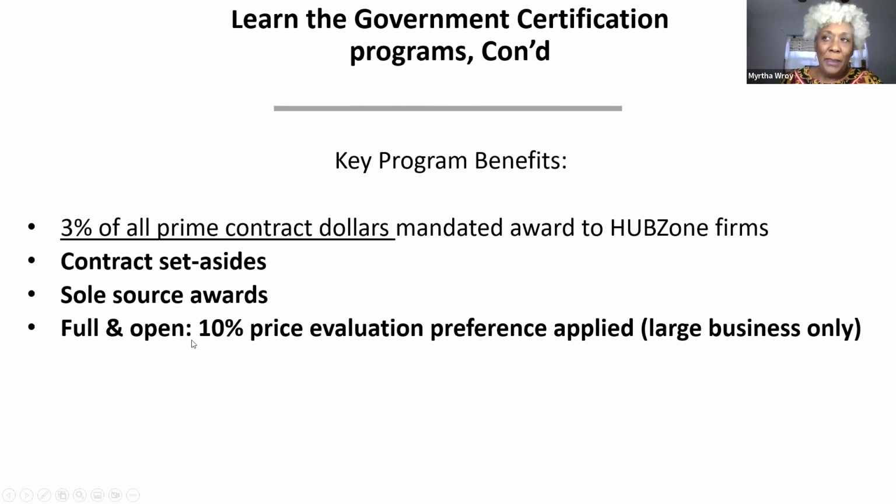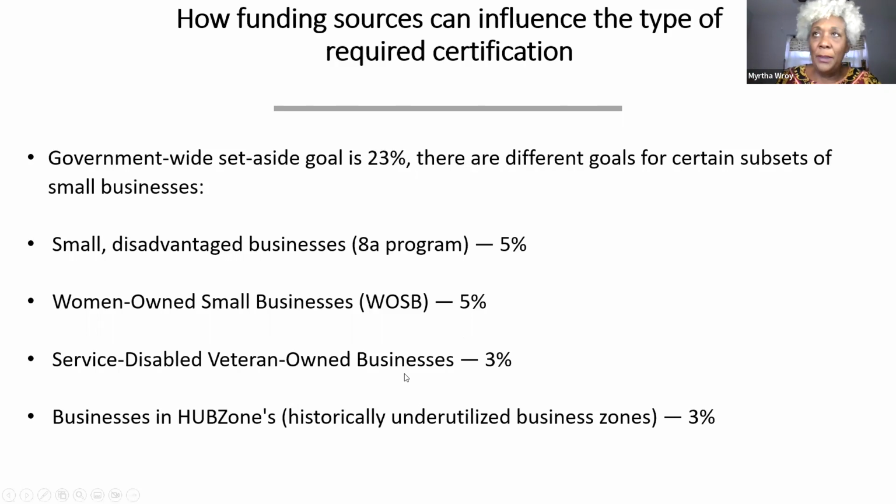And then you have full and open competition, and these are for all large businesses. We don't recommend that any small business, or even a medium-sized one, try to compete for full and open competition. So as I was saying, government-wide, 23% of the $1 billion dedicated for that year has to go to small businesses, period. Of that, I'm sure, well, I can't say I'm sure, the top federal government certification is the 8(a) program.